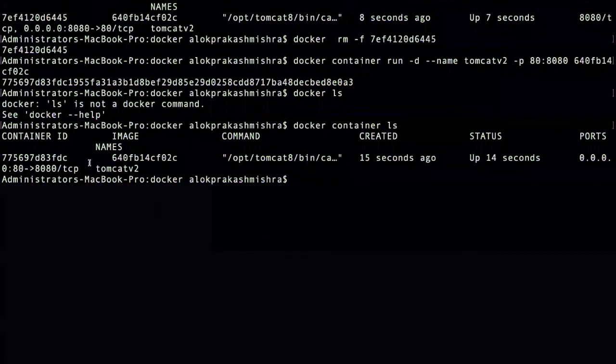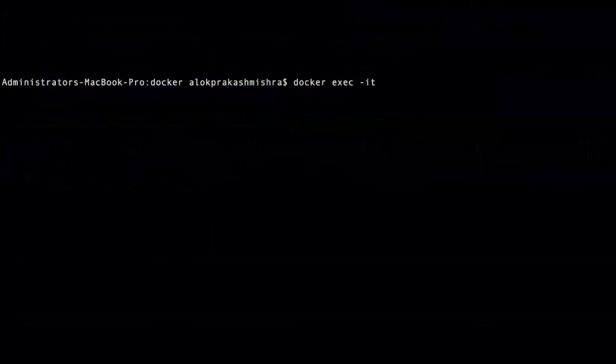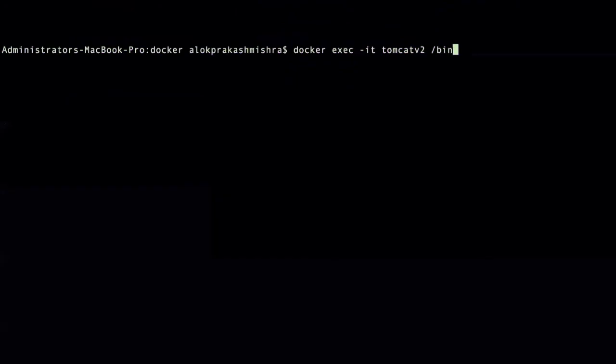So you can always go inside the container. There is docker exec. I am running in one terminal in interactive mode, and I have to give the container name. So I gave Tomcat v2, and then the shell you have to give, bin bash.